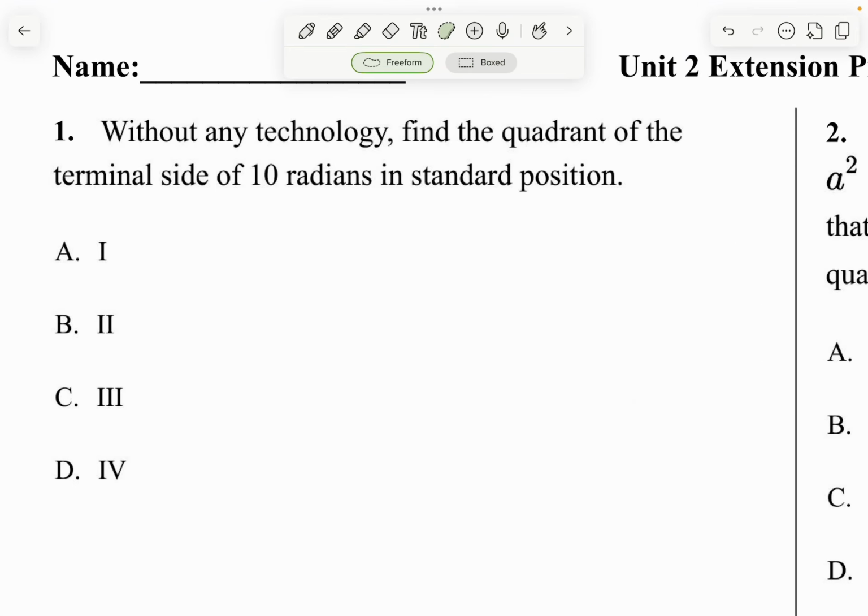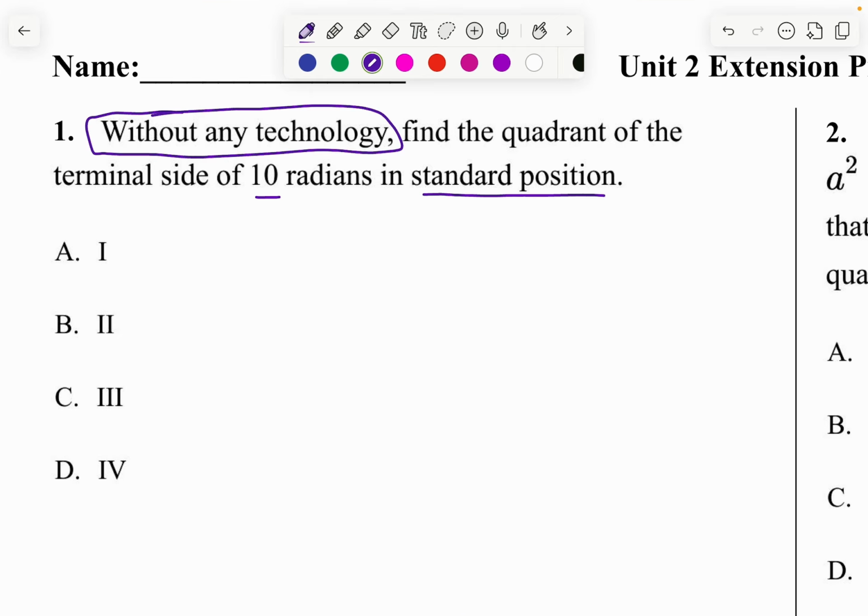All right, this problem asks us to, without technology, find the quadrant of the terminal side of 10 radians in standard position. So the key thing is without technology, okay? That makes it a more interesting question. So one thing I want to point out is we know that,